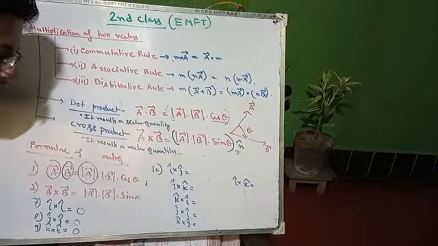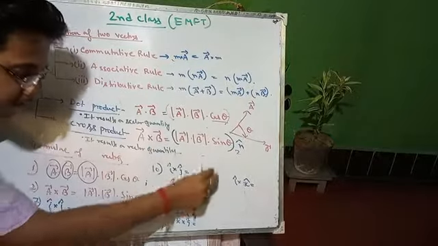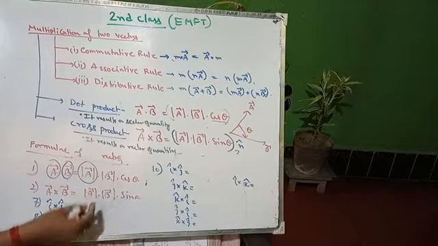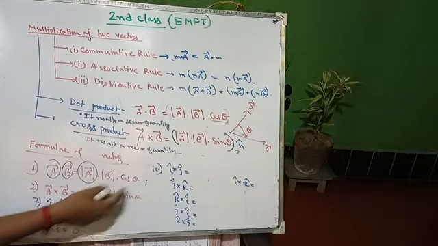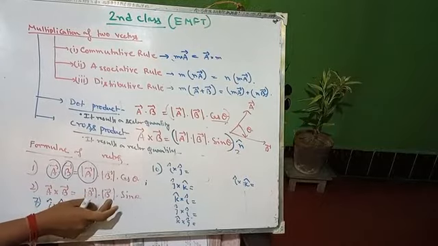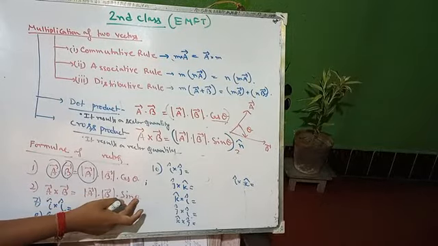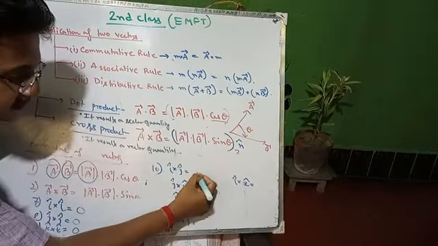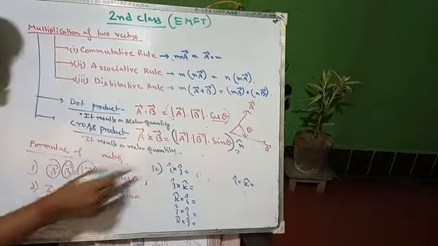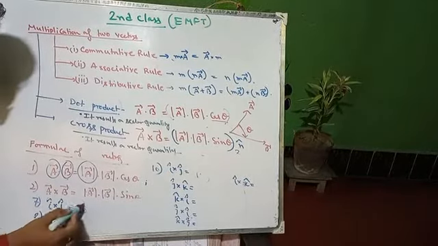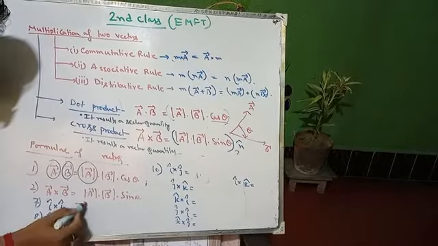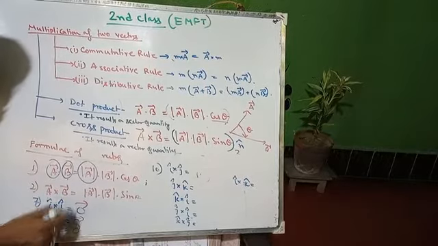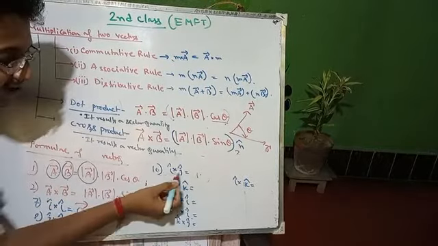Before putting these values, you have to understand the concept of how to find them. Similarly, for I cross j, the angle between them will be 90 degrees. The magnitude is 1, but what is the direction? We know every cross product has some direction. So better to write this as a null vector. Always remember this is a null vector because the cross product produces a vector quantity. So these are all null vectors. So I cross j means what?